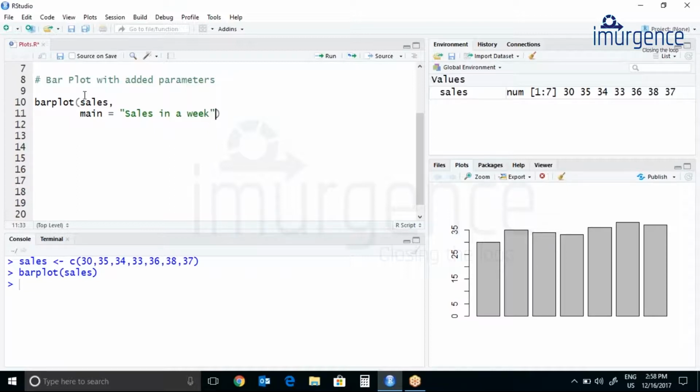So add a comma. Whenever you pass another argument, you are required to add a comma. Then what I want over here is to name my x axis and y axis also.